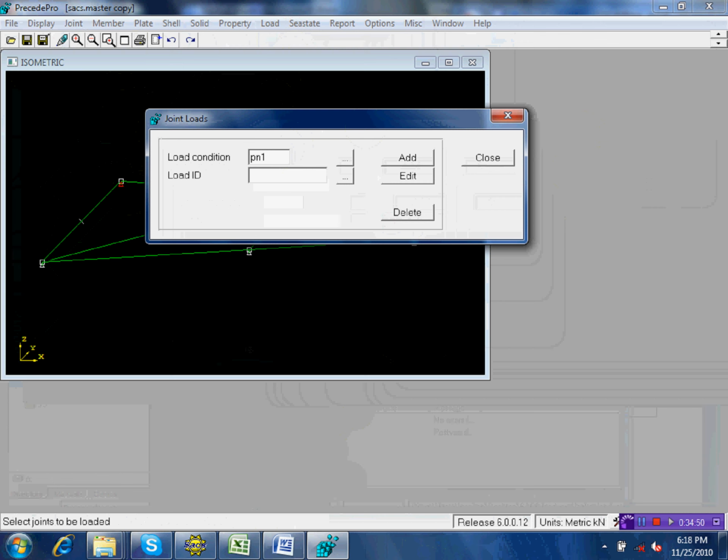Load condition, so I will call this pull and friction. P-U-L-N-F-R-I-C. So you will understand that's pull plus friction. P-N-1, pull and friction. Okay? And